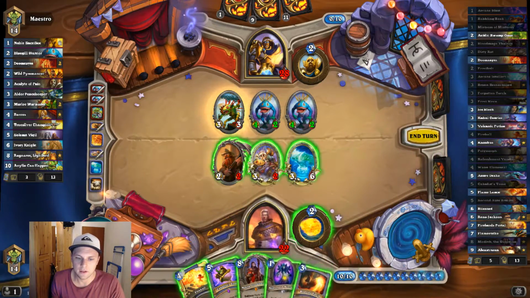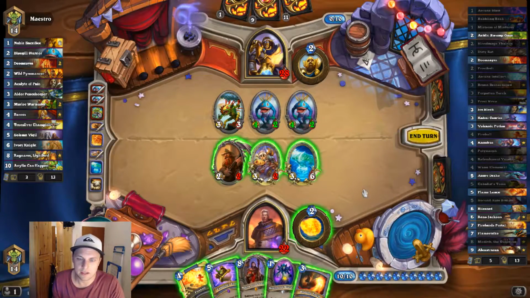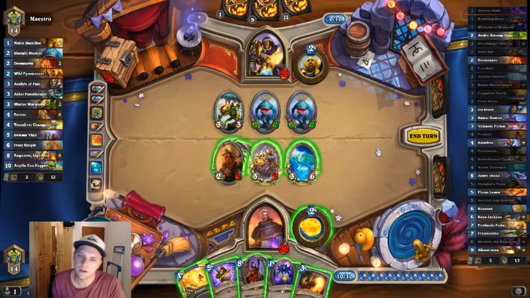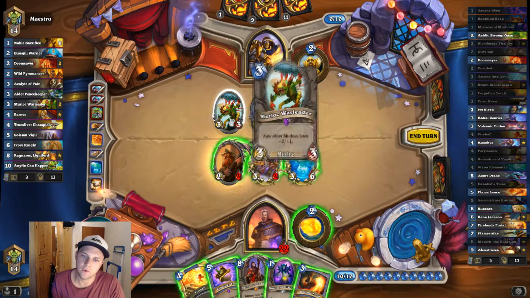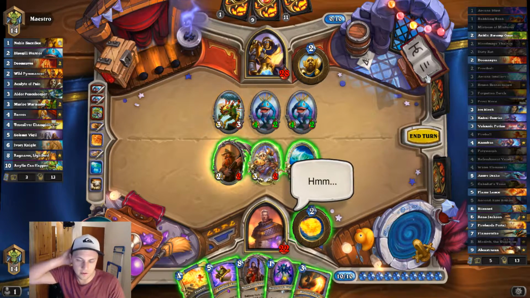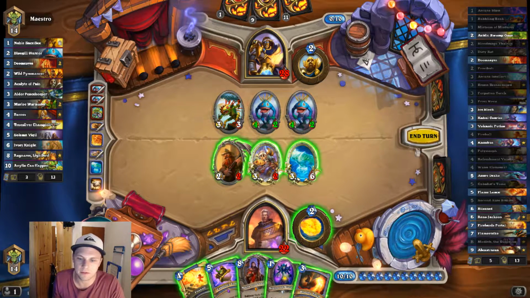Seven, 8. That's 8 plus 12. We have 20 damage. If he plays the second anything, he'll get exactly what's here again. So then he'll get the hit for 5, 6, and 6. So he'll get the hit for 29 if he plays it again. So we can't go face because we don't have lethal, because we can't risk him having the second anything in